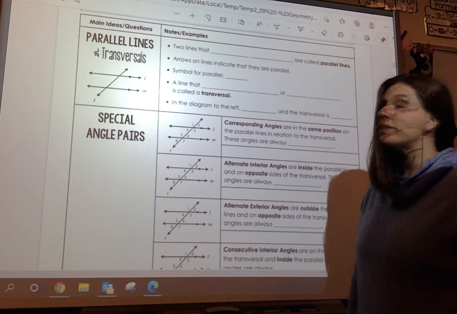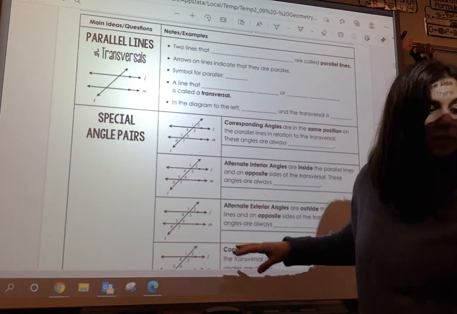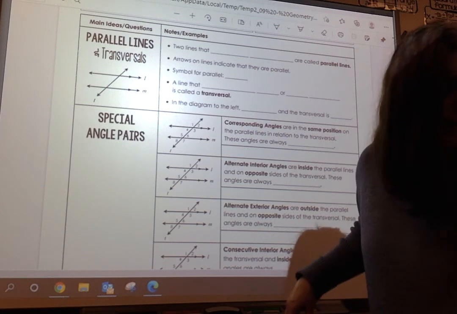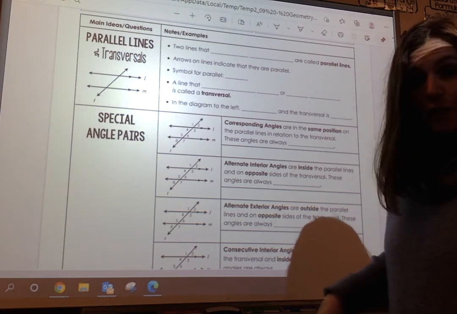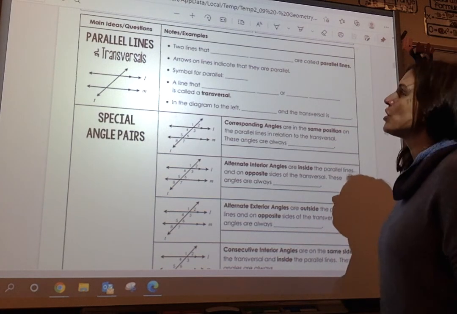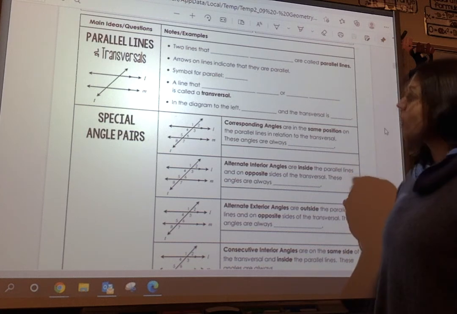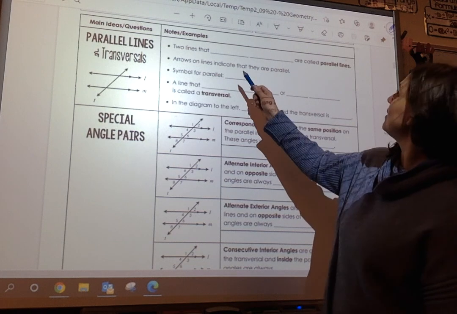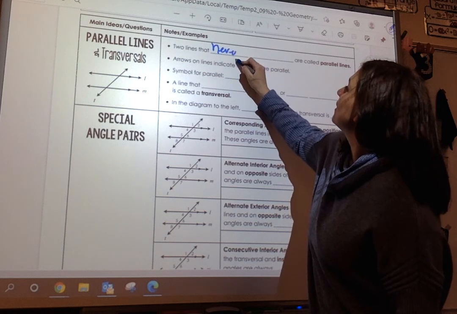We have a lot more definitions in this part. So this section is going to be parallel lines cut by a transversal, and we're going to look at the relationship that has. So a couple of things. Two lines that never intersect